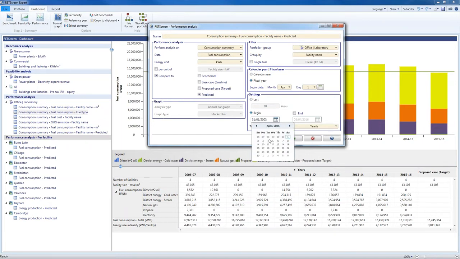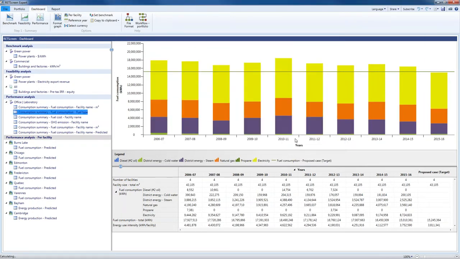This is what we had before, till the end of a full period. Now that I've clicked on predicted, RETScreen is going to know that it needs to pick up that data from the predicted actual. When I click on OK,